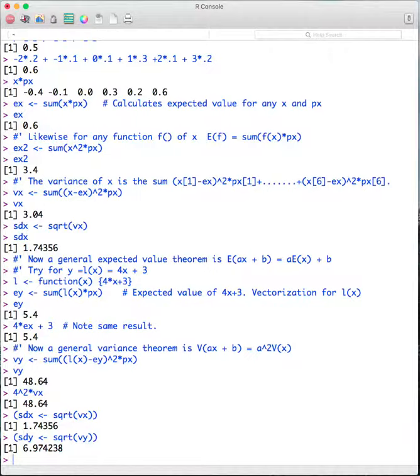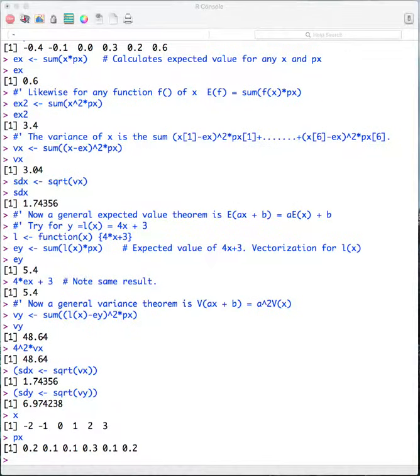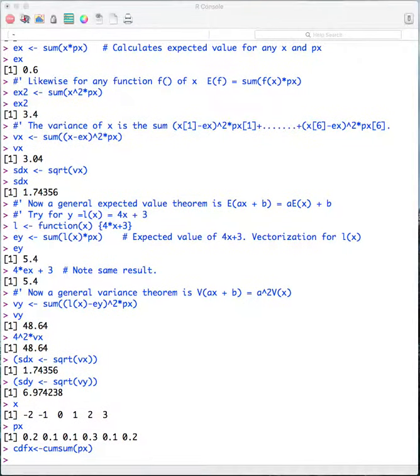You'll see what it does in a second. So here's X, here's PX. Now what I'm going to do is type CDFX, which corresponds to the cumulative distribution function of X. And I'm going to say cumsum of PX. And what cumsum does is,